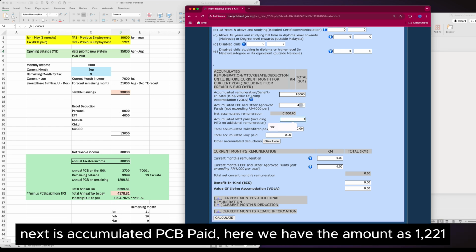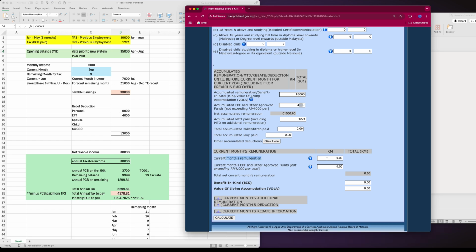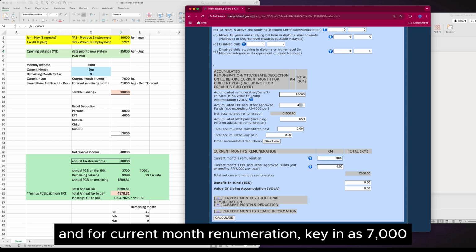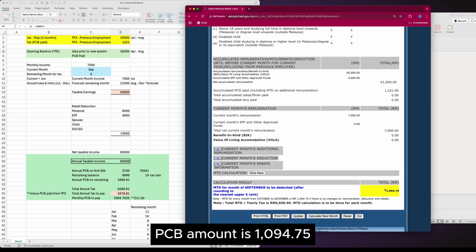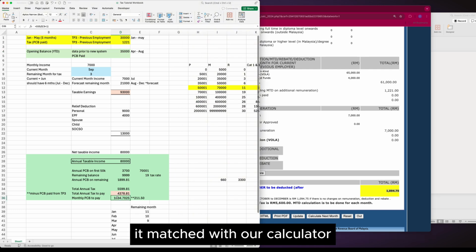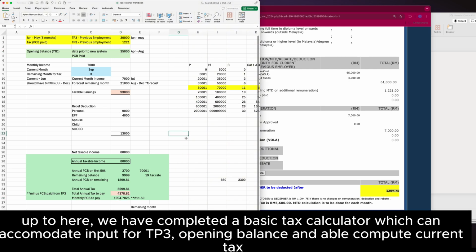Next is accumulated PCB paid. Here we have the amount as 1,221. And for current month remuneration, key in 7,000. Click Calculate. PCB amount is 1,094.75. It matched with our calculator. Up to here, we have completed a basic tax calculator which can accommodate input for TP3, opening balance and is able